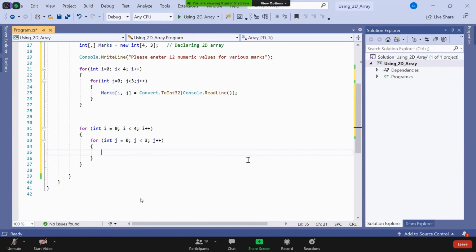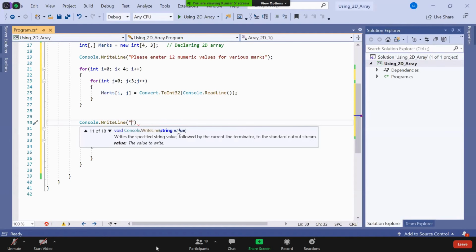So let me write here console. This is just one heading I am giving before the loop. Entered values in 4 by 3 matrix format is, okay.